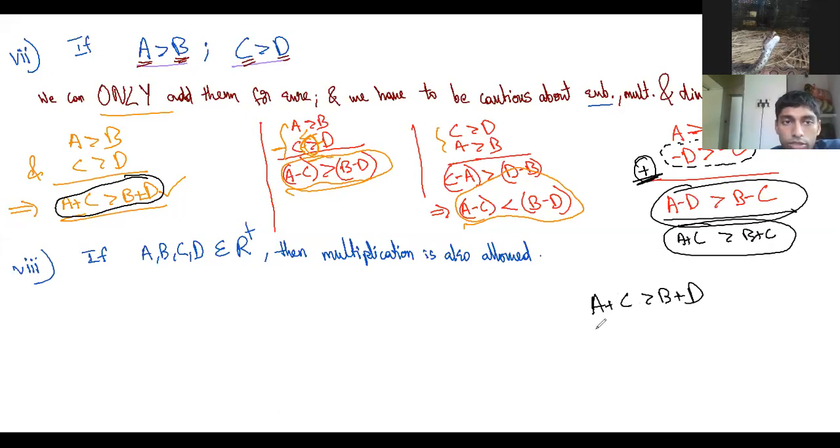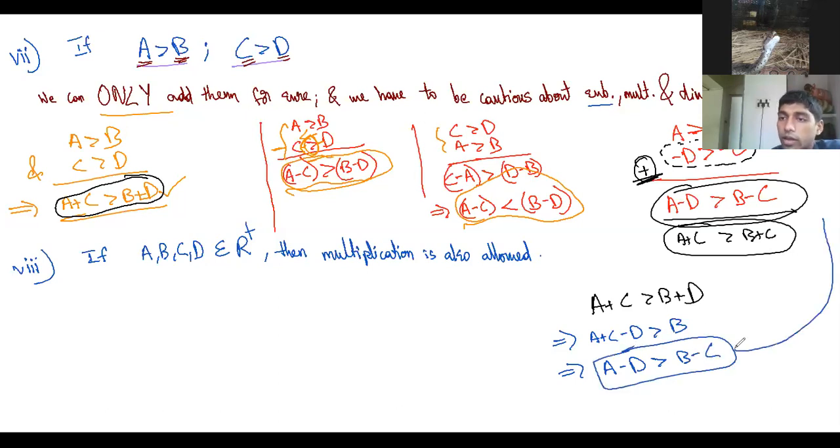So if I subtract both sides with D, is there any problem? Is this step okay? Yes, sir. Now can I subtract both sides with C? Yes, sir. Is this step okay? So then we come to the same conclusion as before. Okay. So see, it's not just that we subtracted. Don't think that we subtracted these two equations. After we multiplied the minus sign, we are adding these two.